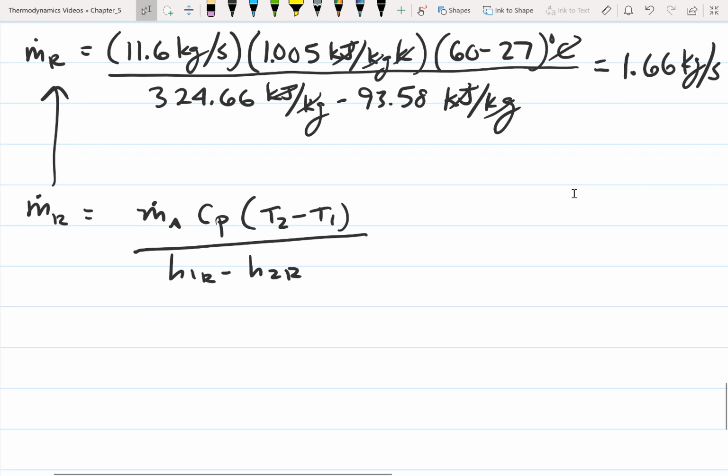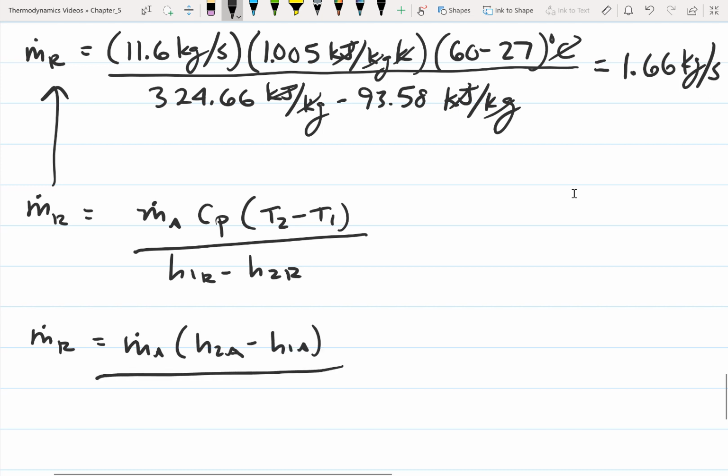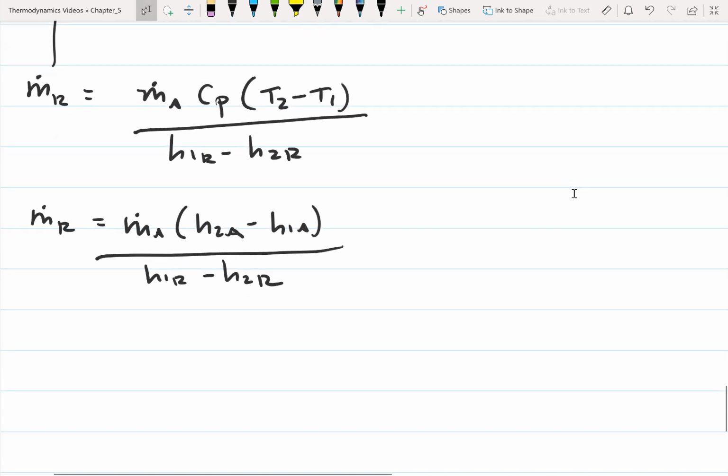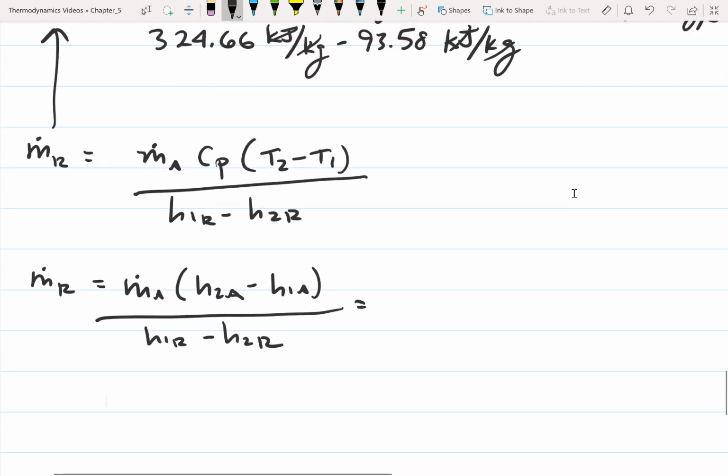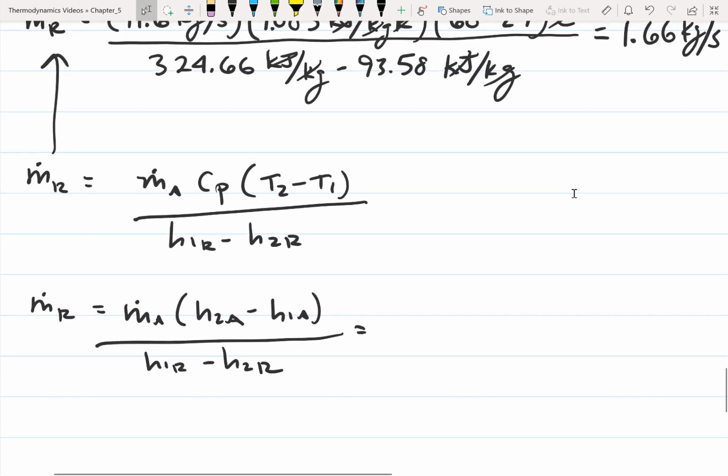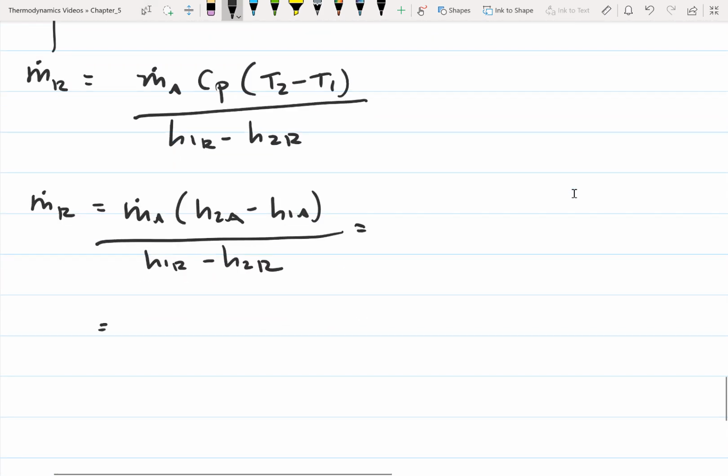Now let's verify that we could have also solved this using the enthalpies of the air from the air table. That equation was the mass flow rate of the air multiplied by H2A minus H1A, divided by H1R minus H2R. I don't think I'm going to go through and plug all of those values in again. Well, actually, maybe I will. So this is equal to